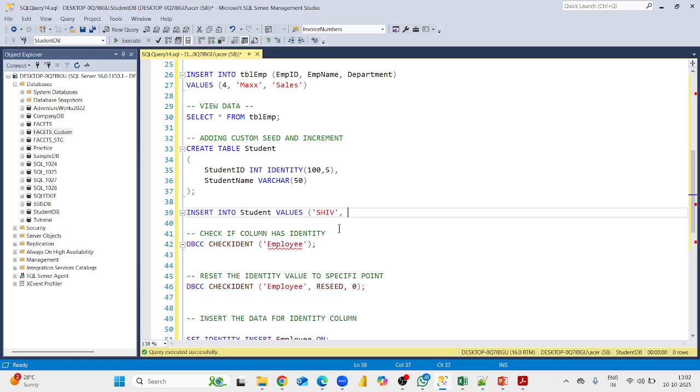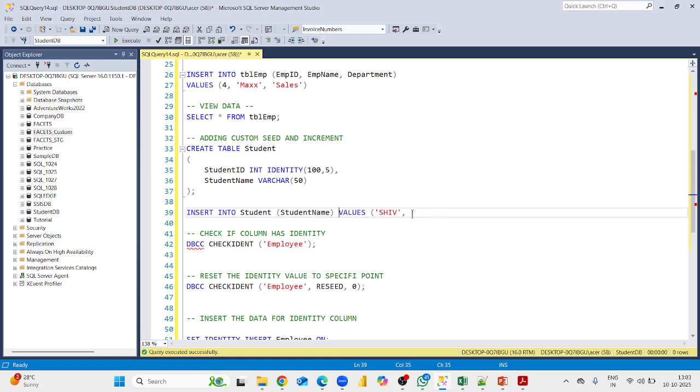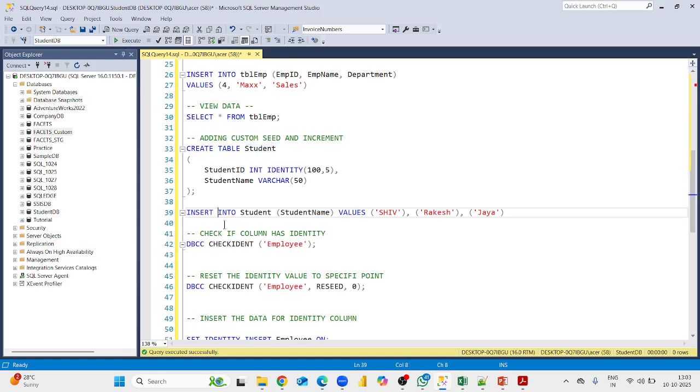So let's insert some records here. Let's say Shiv. Student ID we are not going to pass, so I will just mention the column name here, student name, and values will be, okay, there will be one value. I will provide one more value here like Rakesh, and one more value like Jaya. So 3 values I'm going to provide. Let's execute this and let's see the data using